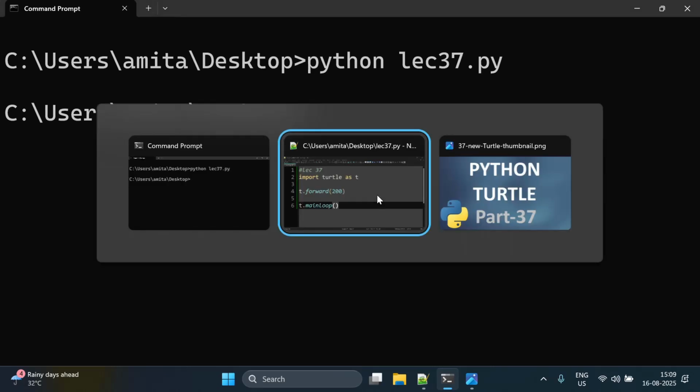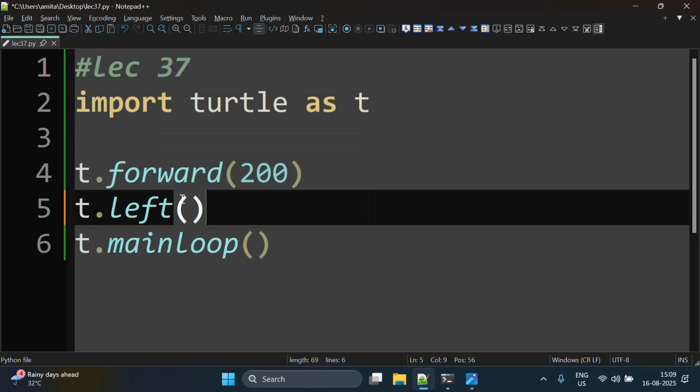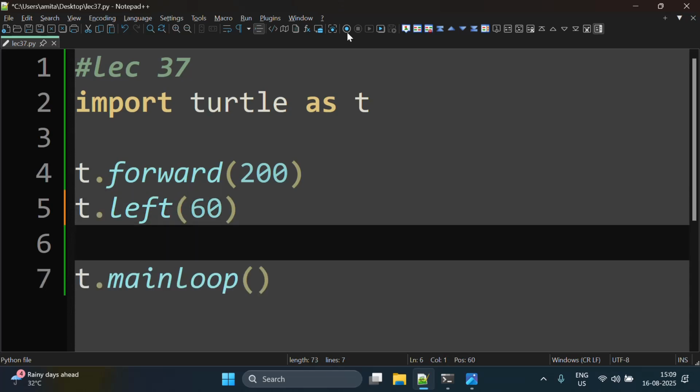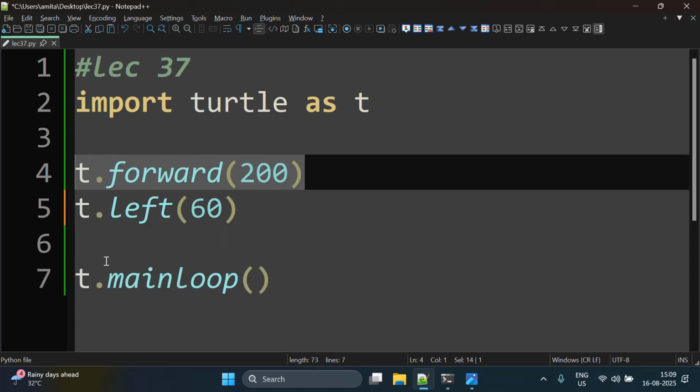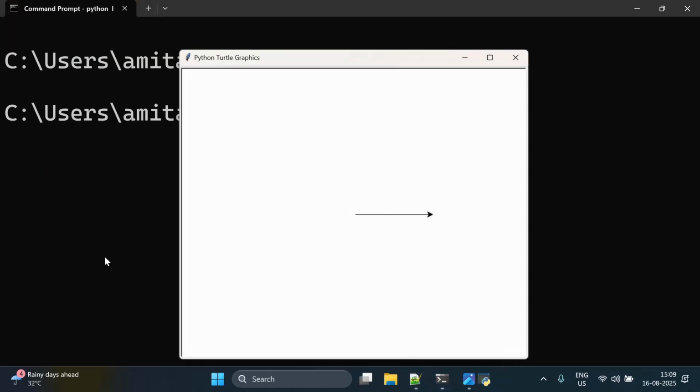So let us say t dot left 60, and we can copy paste this because an equilateral triangle has all sides equal, and you can see if we rotated it by 60 degree towards left, then it went like this. Okay, so that means we did it wrong, and